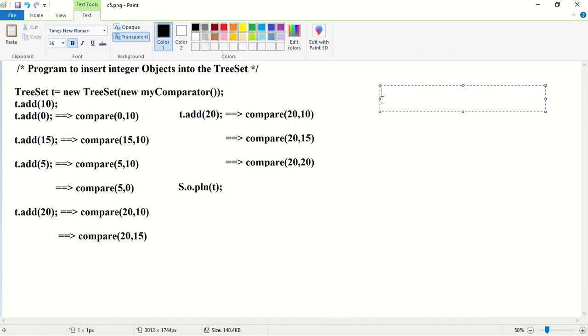So what is this compare method doing? This compare method is in turn calling which method? It is calling the compareTo method. It is calling 0.compareTo(10). Okay, 0.compareTo(10). So should 0 come before 10 or after 10 according to compareTo? According to compareTo, 0 should come before 10. So before 10 means a negative number or a positive number? It is a negative number. So this compareTo method is going to return which number? It is going to return a negative number.